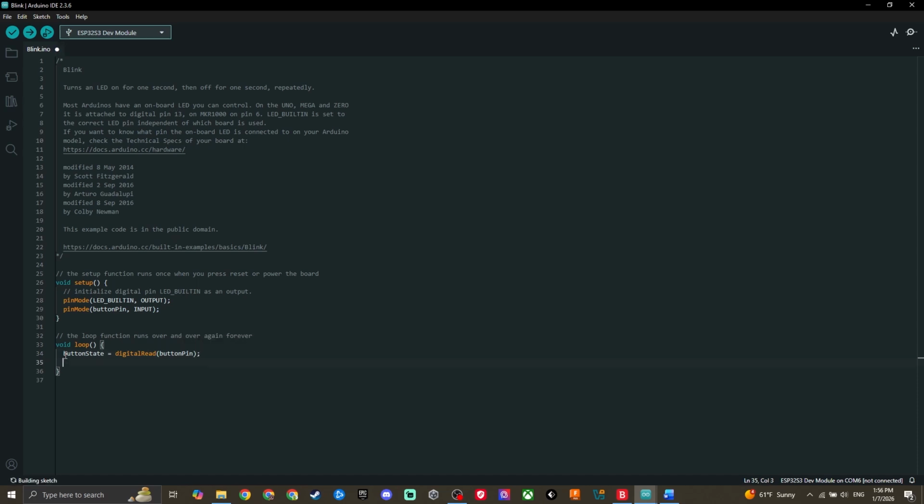We'll add an if statement to determine whether or not the button is being pressed. If buttonState equals HIGH, or is being pressed, digitalWrite(LED_BUILTIN, HIGH), turn the LED on. Else, or if the button is not being pressed, digitalWrite(LED_BUILTIN, LOW), turn it off. This demonstrates how GPIO pins can be used as both inputs and outputs using high and low, but this is